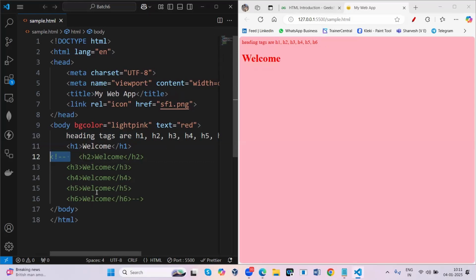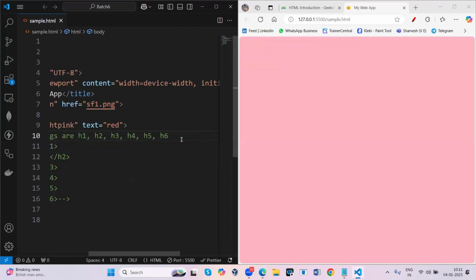If you have multiple lines of information or multiple lines of tags, you can place them inside so that they will not be visible in your document. So how to do it? See here: less than symbol, exclamation mark, hyphen, hyphen, and end with hyphen, hyphen, arrow mark, greater than symbol.